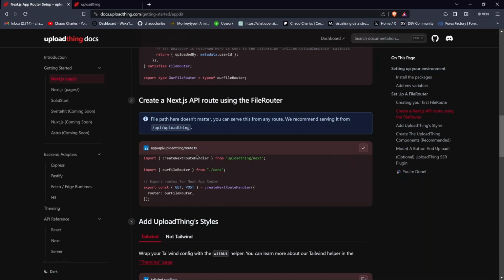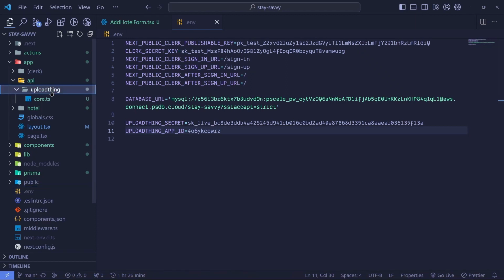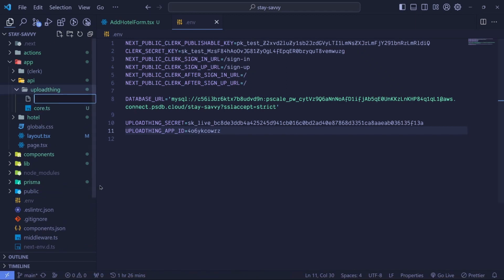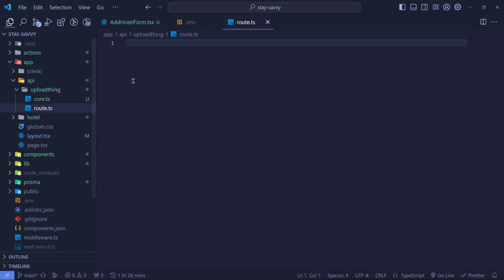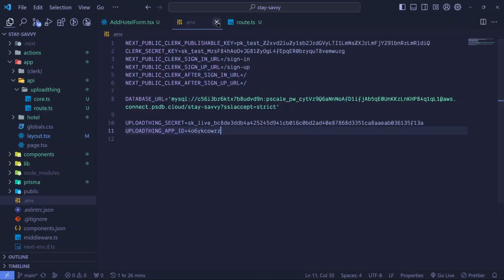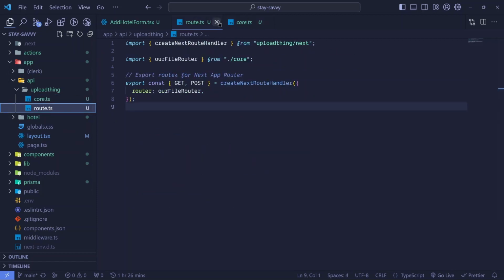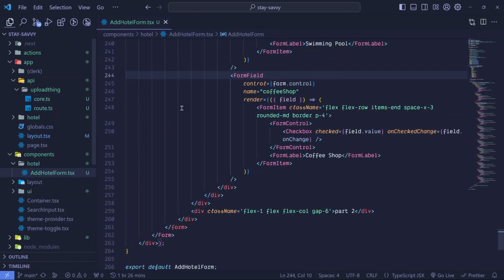I'll click on this to copy the content, then we will go back, and at the root again of Uploadthing, we will add a new file called route.ts. In here, we'll paste the content and we save. That is all that we need to do in that particular file. One last thing that we need to do: we have set up environment variables, we have created core.ts, we have created route.ts. Now we need to set up an upload button, which we will do at our add hotel